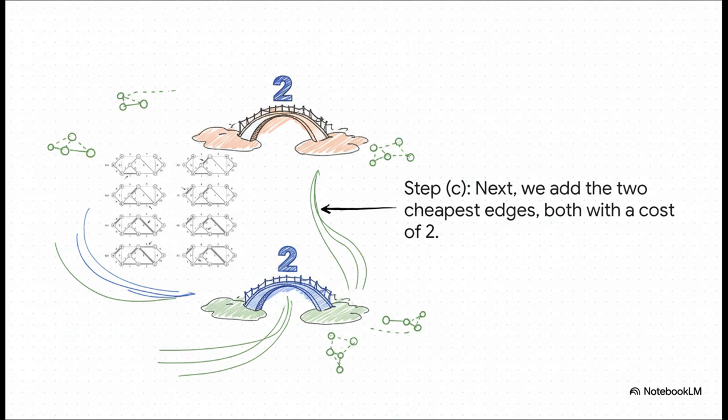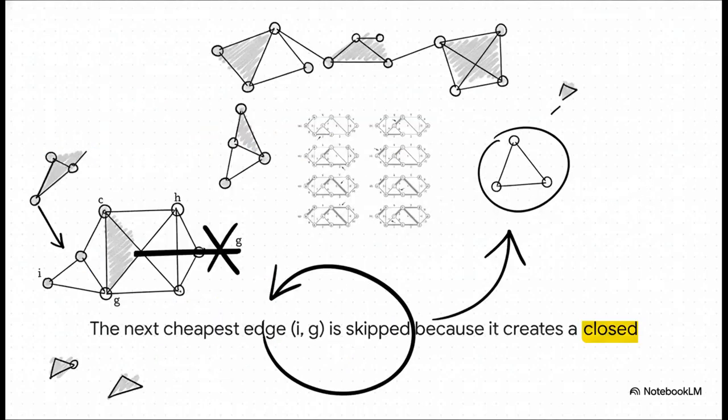We're not just building out from one single spot. Instead, we're creating these little separate clusters of connected islands, wherever the cheapest links happen to be. Now for a really, really important step. So after adding a few more of the cheapest edges, the next best option is the bridge between I and